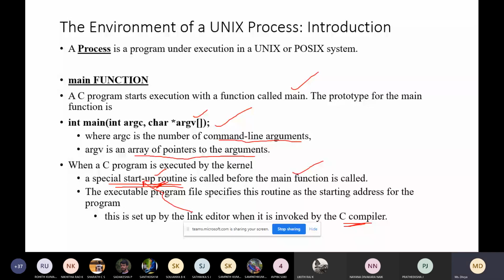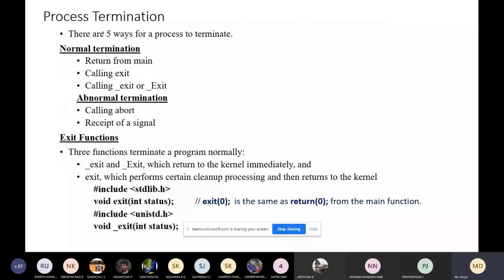The next topic is process termination. How can we terminate, or kill, a process? There are 5 ways to terminate a process: 3 are normal termination and 2 are abnormal termination.